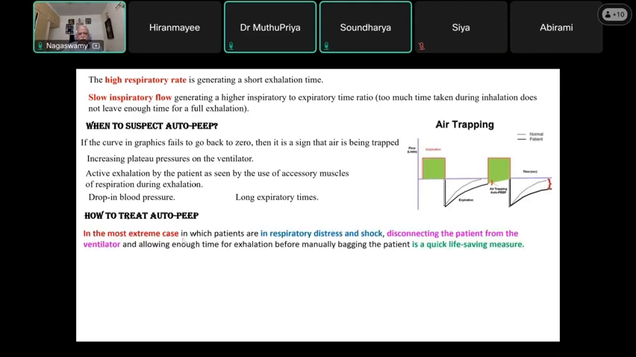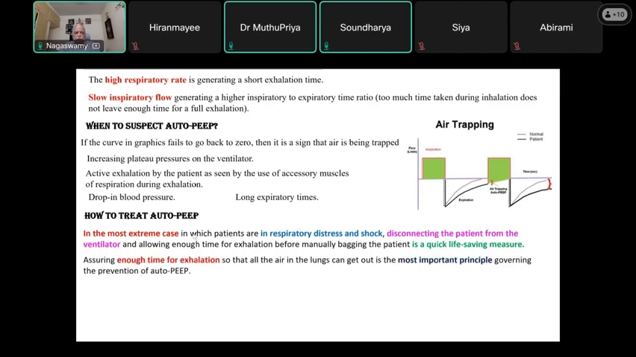So in the most extreme cases, when the patient is in respiratory distress and shock, simply disconnect the patient from the ventilator and allow enough time for exhalation before manually bagging the patient. It is a quick life-saving measure. This is for extreme cases. But assuring enough time for exhalation is the most important principle for treating or preventing